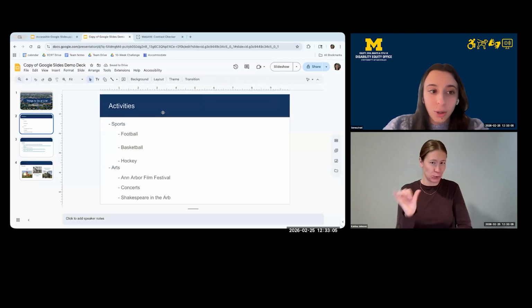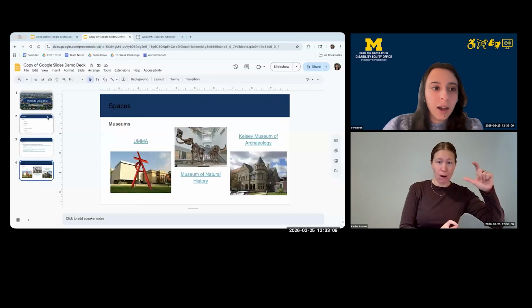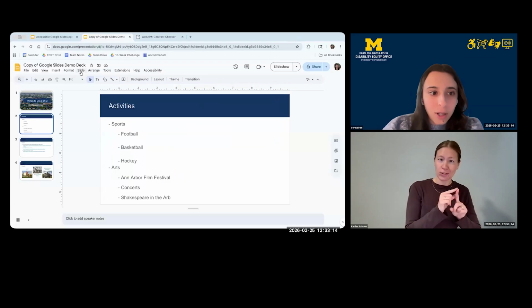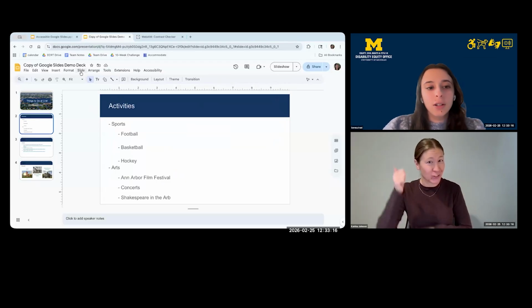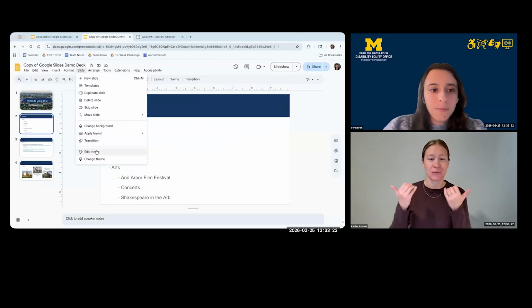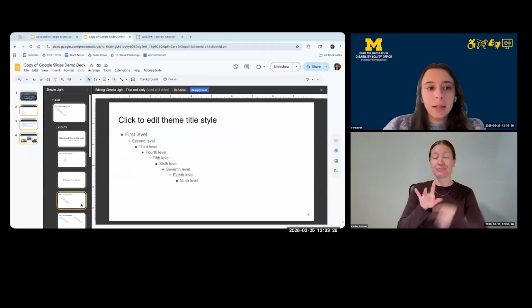So I could go through each slide in this deck and adjust each one to have that white text one by one, or I can go into my slide theme and adjust all of the slides with this layout. So I'm going to click Slide, Edit Theme, and it will take you directly to the slide layout